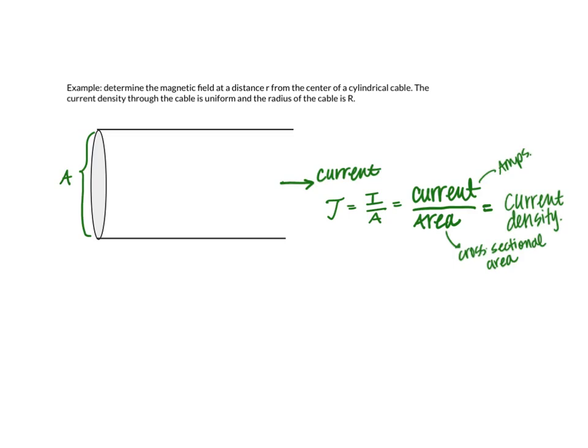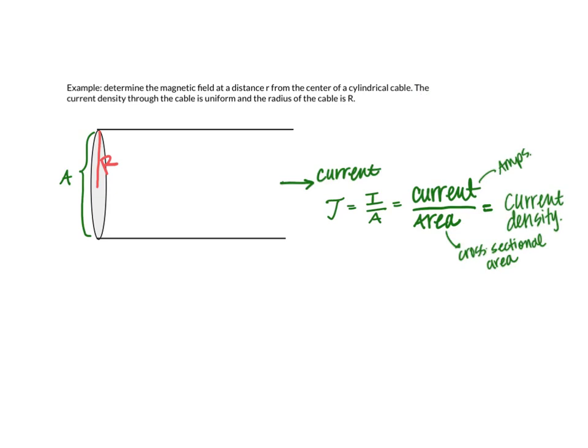Let's say that we have a uniform current density throughout this cable. The cable has a radius, capital R, measured from the central axis. So capital R would be like along here. And we want to find what is the magnetic field at some distance r, some little distance r, from the